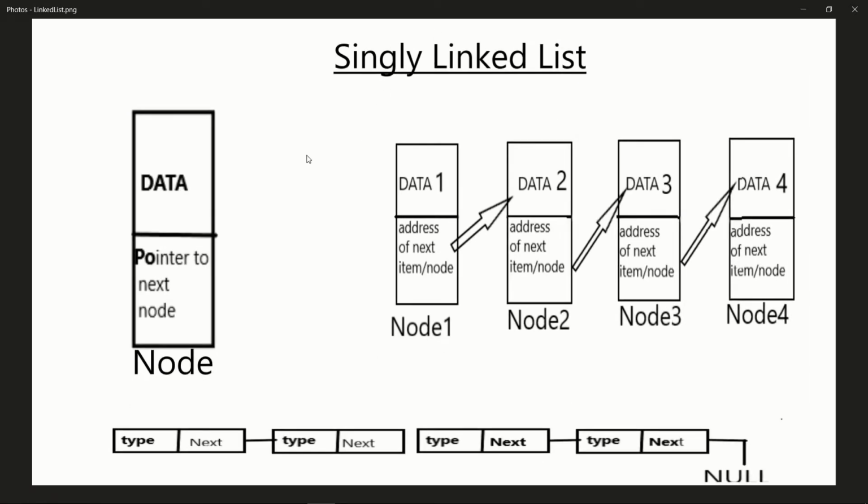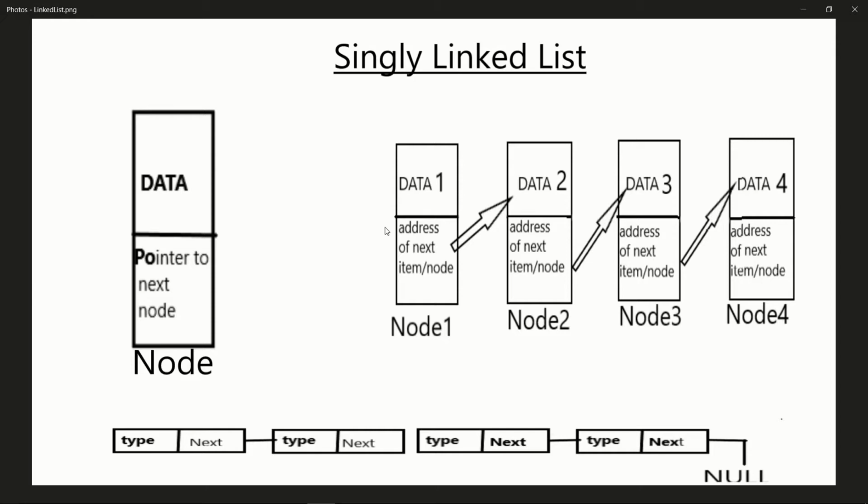Suppose you take one part of an array and it is like this, a node, and inside the node there are two divisions, meaning a node contains mainly two parts, where in one part the data is stored and the second is a pointer. To understand linked list you should have the basic concept of pointers clear, so you can watch the pointer video and make your basic concept clear so that you understand this in a better way. So a node contains mainly two parts. In one part we contain all the data, whatever we want, like functions and data types. And the second contains a pointer to point to the next node.